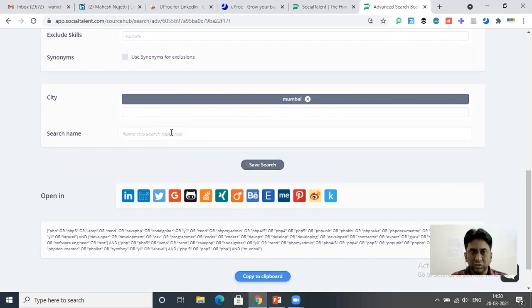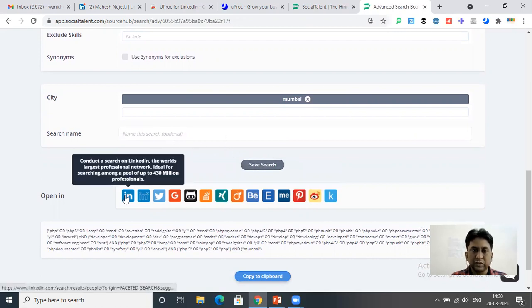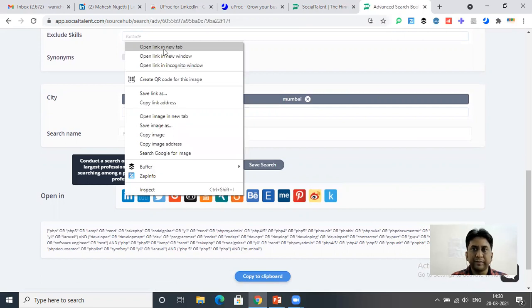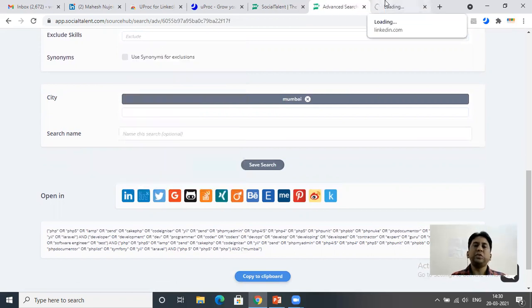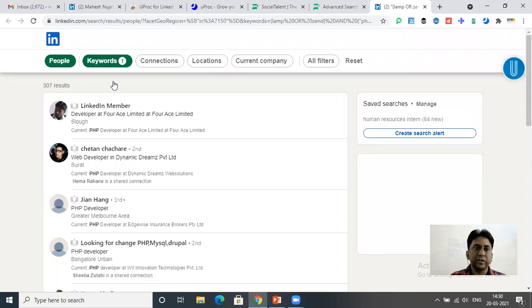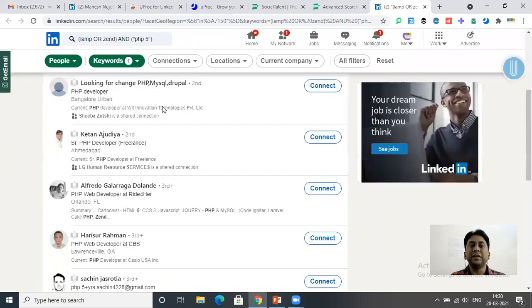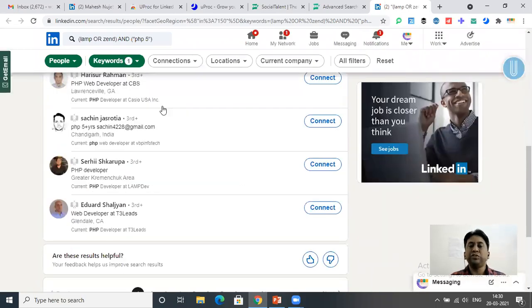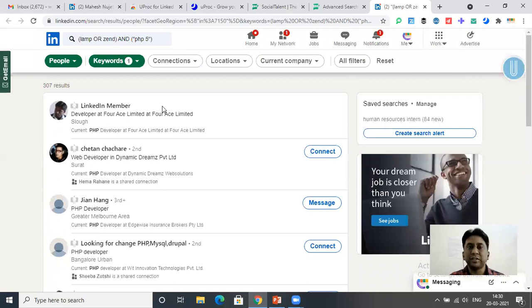You can save the search also by clicking here. We'll try with LinkedIn first. Now this has automatically developed the strings, and that too for different sites. So now you don't need to type anything. You should just write your proper keywords and the designation. Now see, you got near about 307 PHP people in LinkedIn. Again, how to find their contact details we have just discussed.